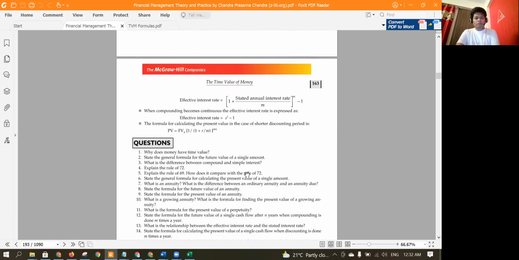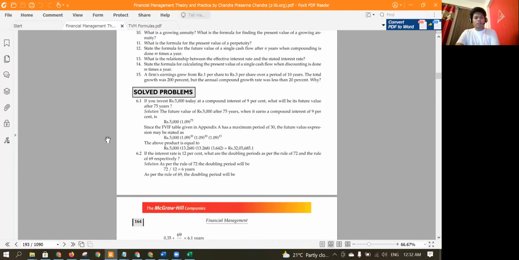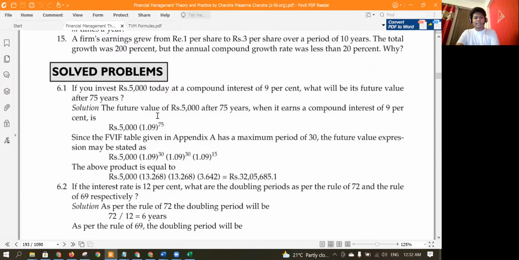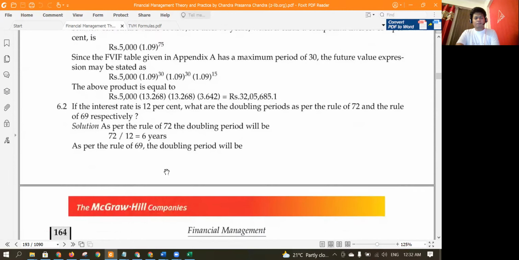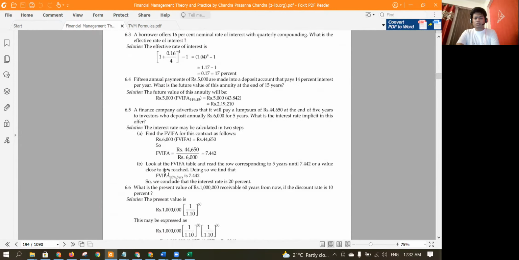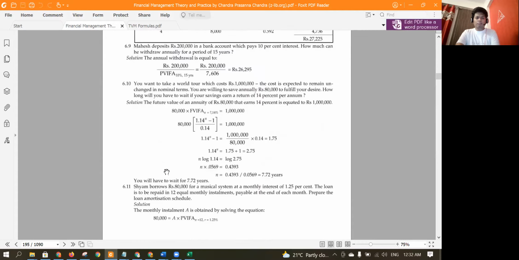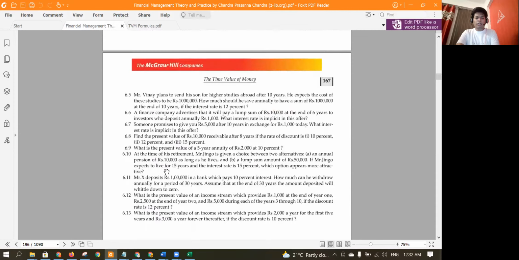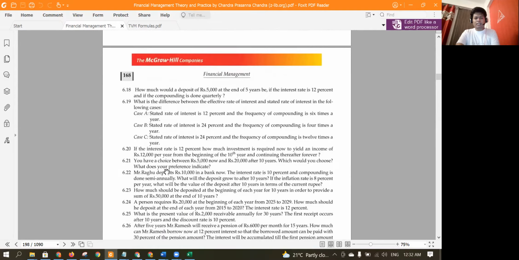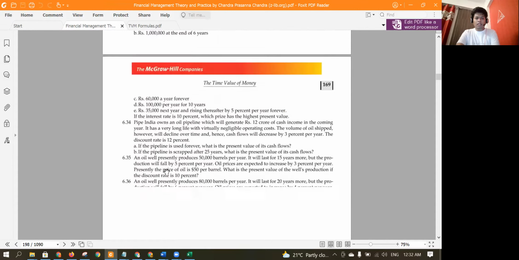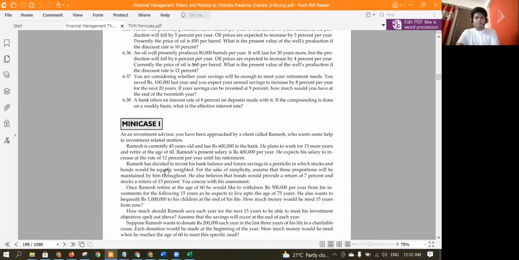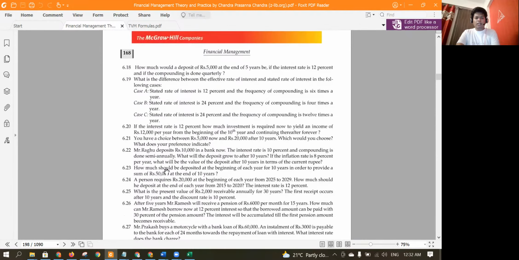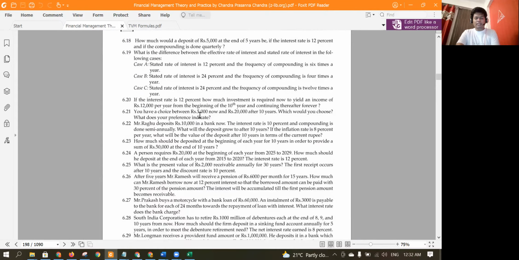Yeah, so you can refer to these solved problems at least, so this will give you an idea. Other than that, there are unsolved problems here that he did give us for homework, and I think if you have done that, that's the best thing. If you have not done that, try a few. That will give you an idea, because I think tomorrow something like this will come.